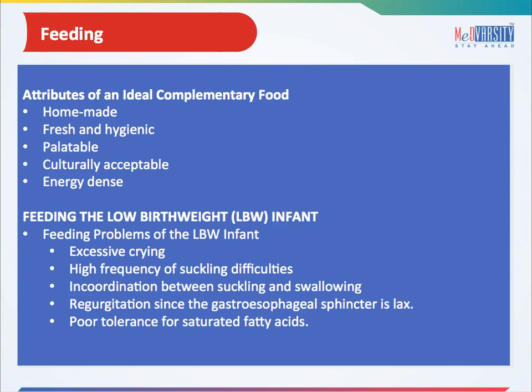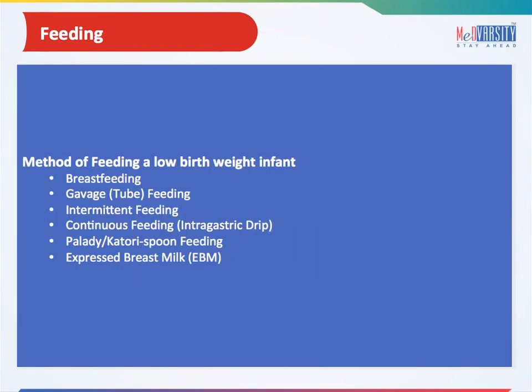Feeding the low birth weight (LBW) infant. Feeding problems of the LBW infant: excessive crying, high frequency of suckling difficulties, incoordination between suckling, regurgitation since the gastroesophageal sphincter is lax, and poor tolerance for saturated fatty acids. Method of feeding a low birth weight infant: